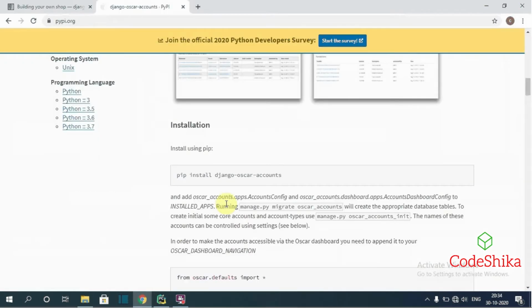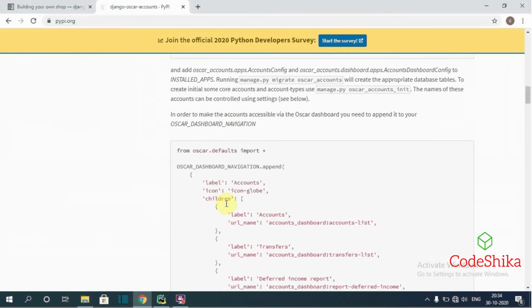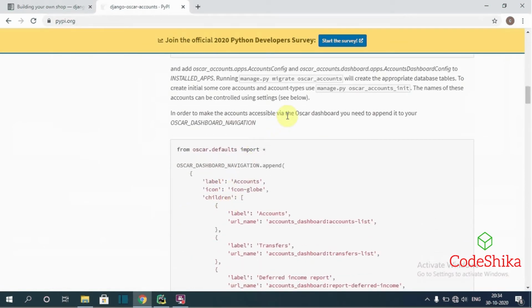Next, in order to make the accounts accessible via the Oscar dashboard, we need to append it to our Oscar dashboard navigation. So this is the statement where we are importing all applications and their functionalities from the oscar.defaults module.